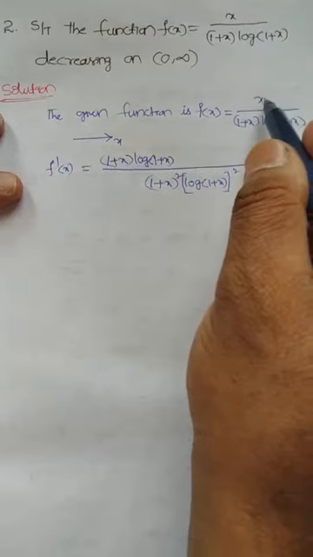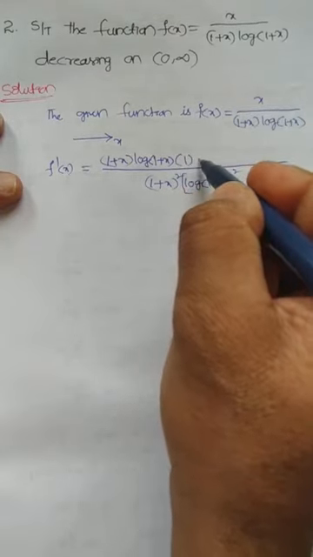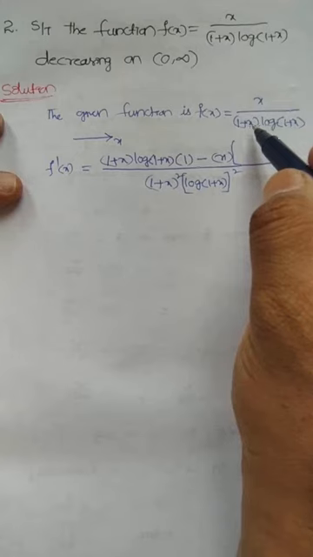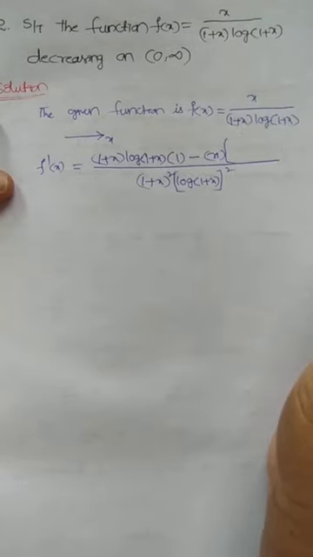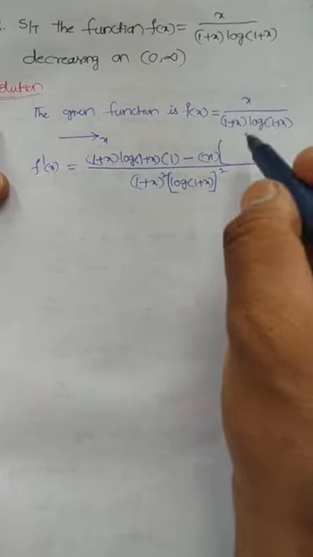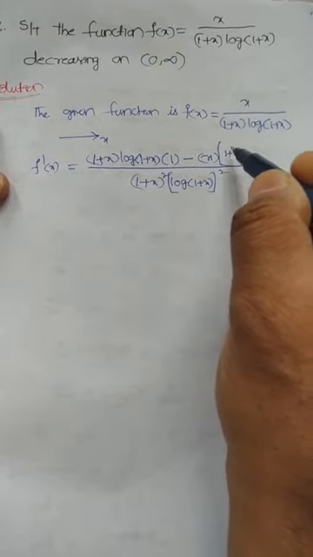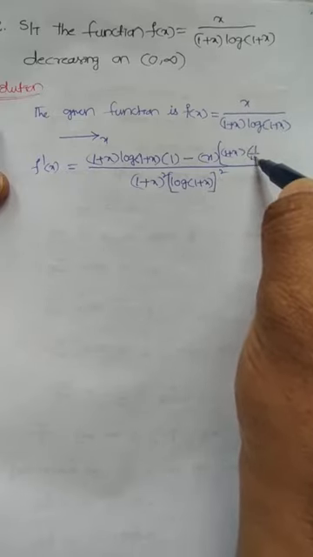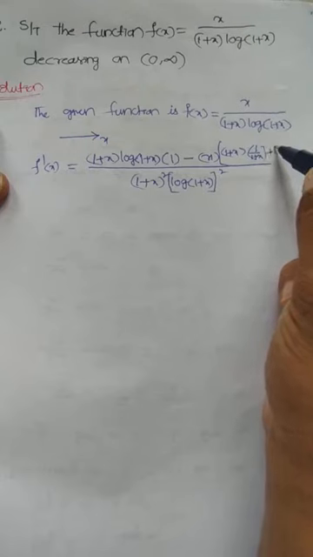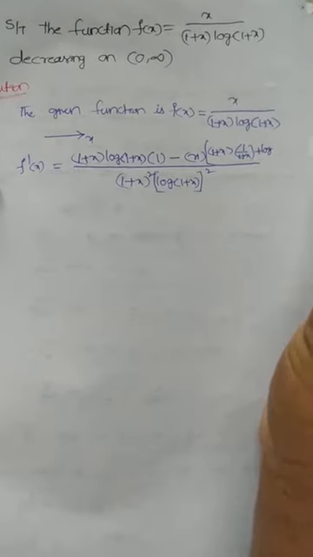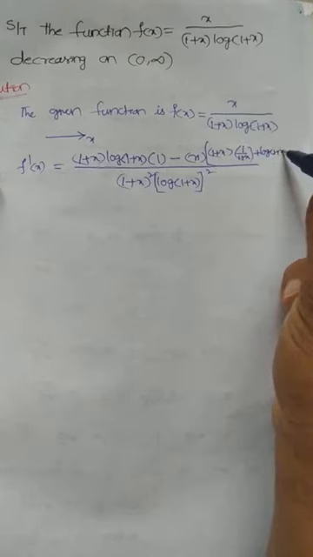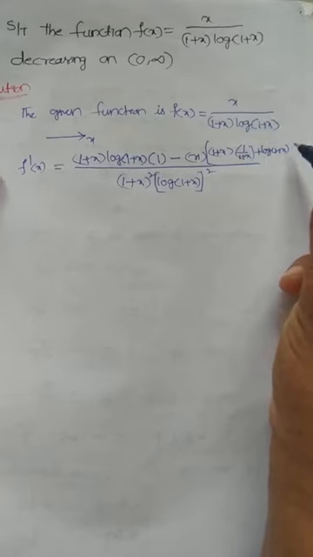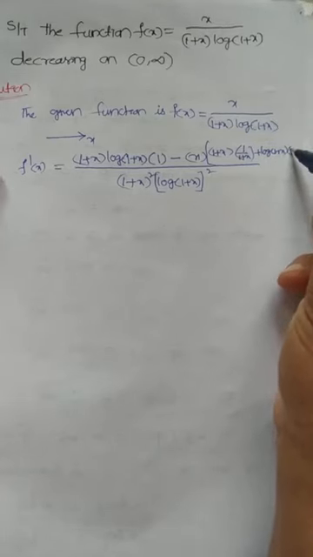Now the derivative of the u function, the derivative of x, is 1. Minus u, which remains the same. Now the derivative of v. It is in the u into v form, so u remains the same, and this is v. The derivative of log x is 1 by x; in place of x we have 1 plus x. Now plus log of 1 plus x remains the same, into the derivative of 1 plus x, which is 0 plus 1.